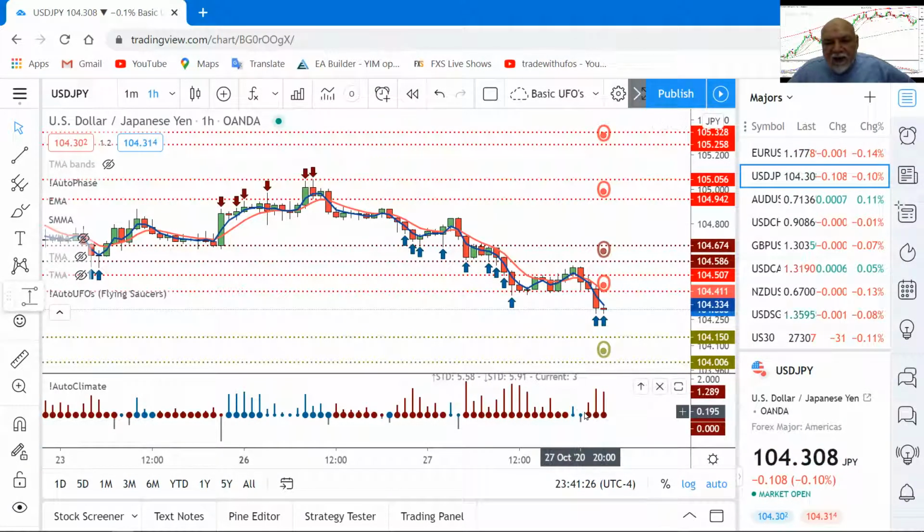Okay, now this is saying that the downward move should last about 6 periods, right? 6 periods from here. It's in the second period. So there's more downward potential for this movement on the 1 hour chart, down to this zone here. So I'd be interested in seeing when price moves into this 1 hour zone, whether or not it is going to give me a response to pull back up. All right.